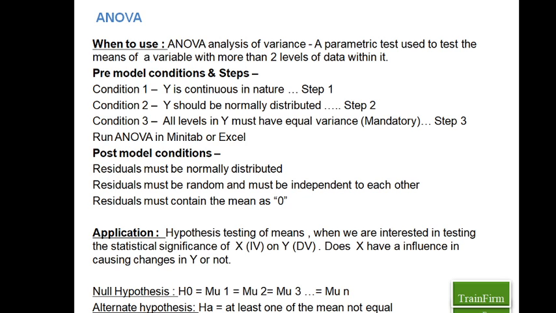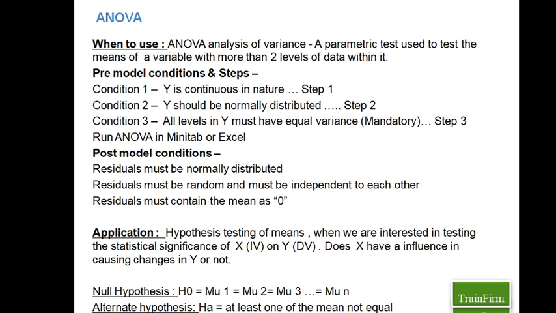As you see on the screen, ANOVA, right? When to use it? That's an important question. Everybody should be very clear in terms of when to use an ANOVA. ANOVA, analysis of variance, is a parametric test used to test the means of a variable which has more than two levels,